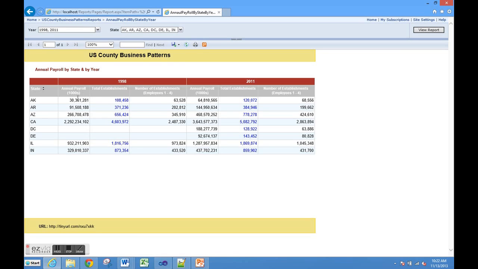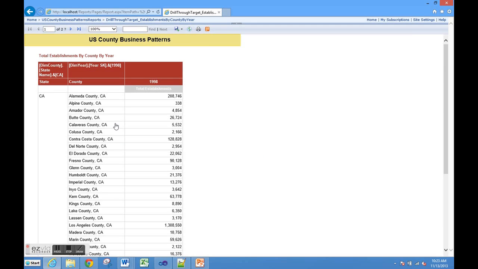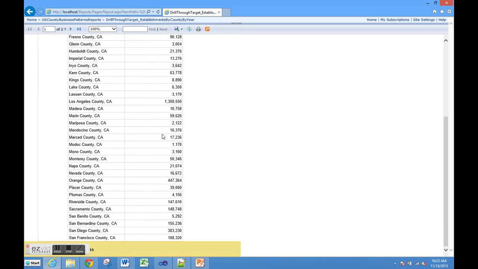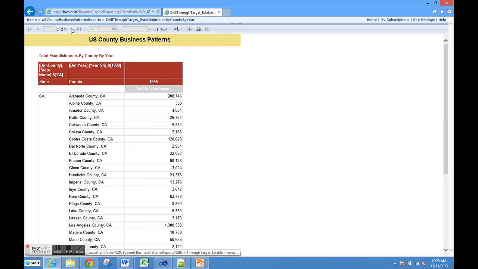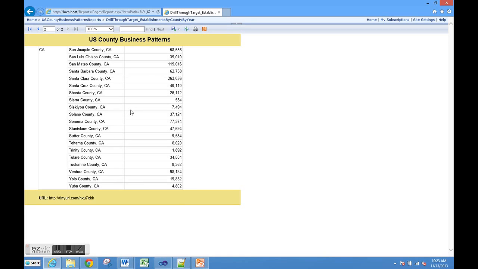And here for California, the total establishment is maybe around 4 million. And if I click on this link, it will show me another report, a drill through report, showing the individual county numbers. So let's click this one, and this is for California, and it is displaying the total number of establishments based on county. So basically this is a drill through report